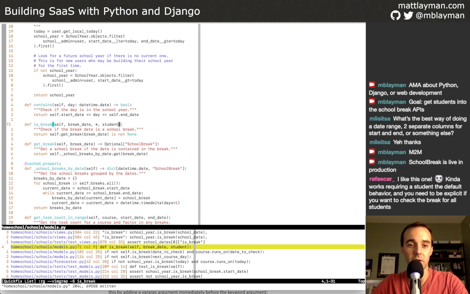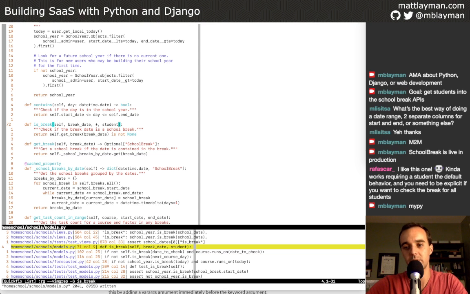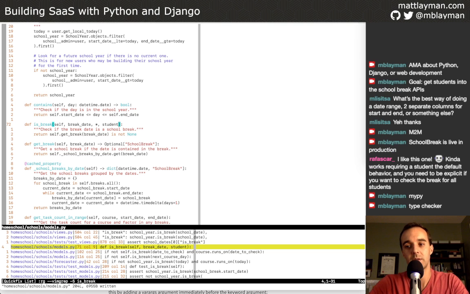So the other thing I'm going to do, I think, is add the type signature to this. And I think this will be valuable for other reasons. I don't know how many of you have used MyPy. I use MyPy at work. There are good and bad sides to MyPy, but if you're not familiar with it, it's a type checker. So Python has optional type checks that you can add. And this getBreak is one of those examples. That's what that arrow is here. It's what the optional school break is.